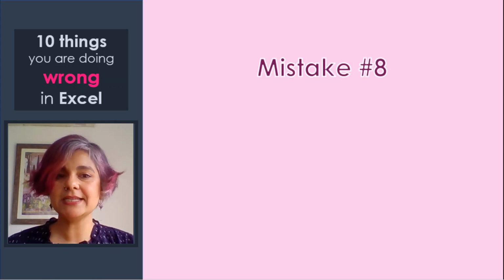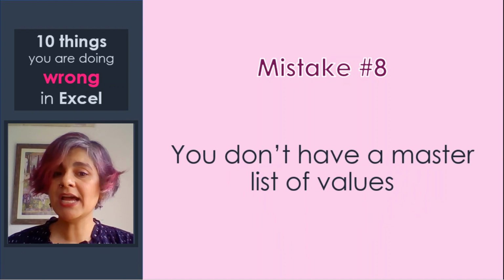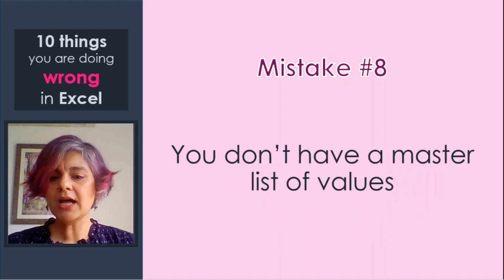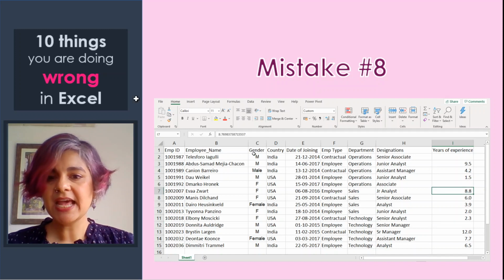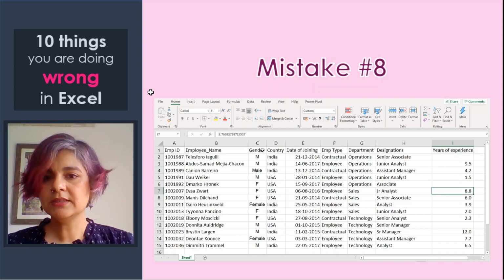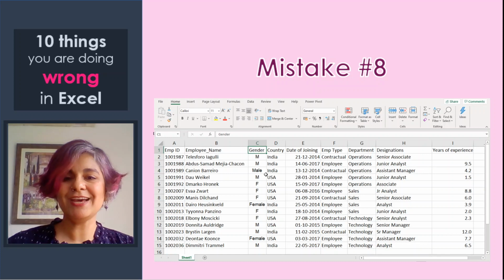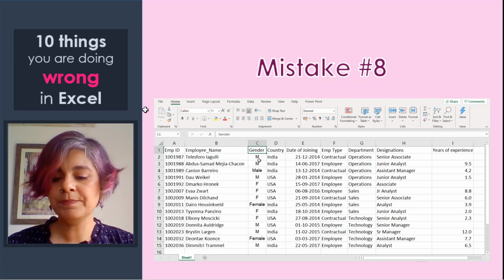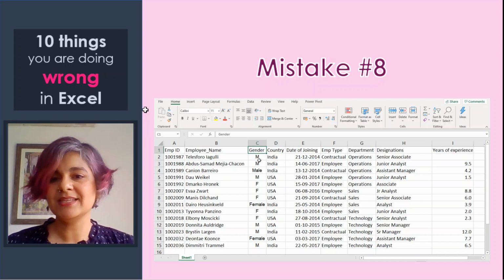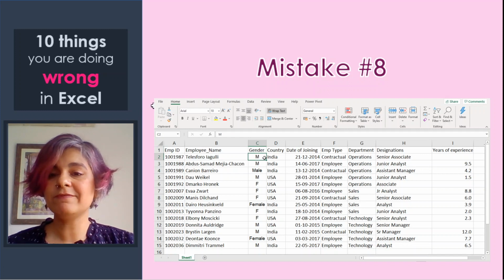And this is our mistake number 8, which is you don't have a master list of values. Let's try and understand what that means in our Excel sheet. So here, if you look at this Excel sheet, I have the gender, and this is the column that I have used to illustrate this mistake. And you can see that the gender of a person has been written in 2 different ways. So the first one is by just the first alphabet, which is M or F,